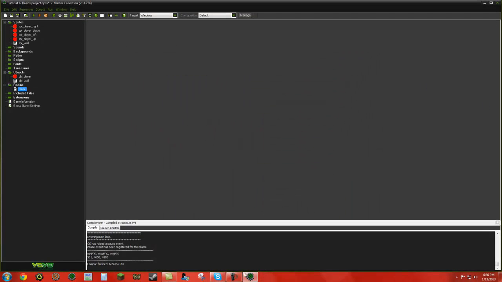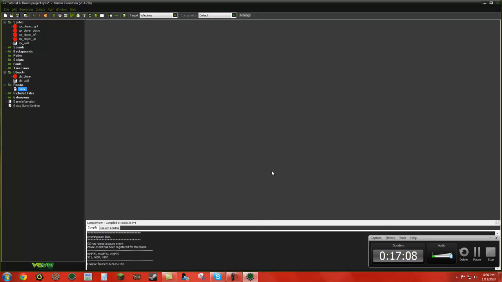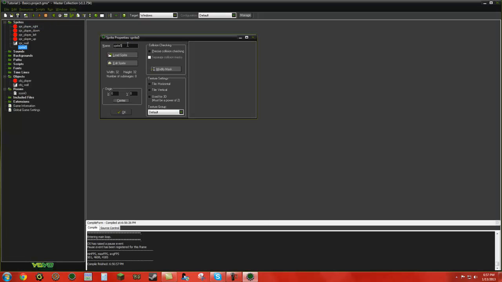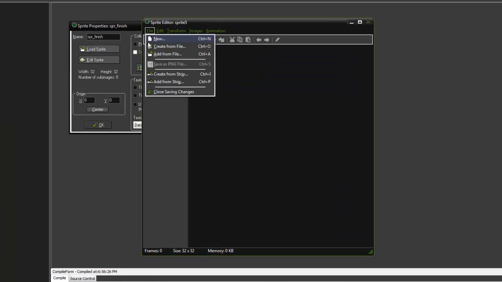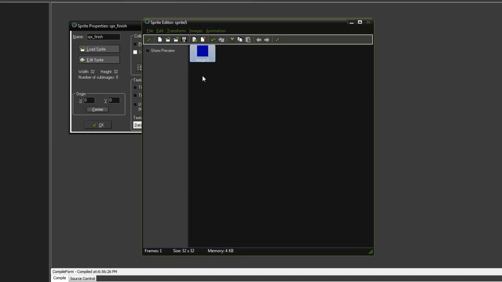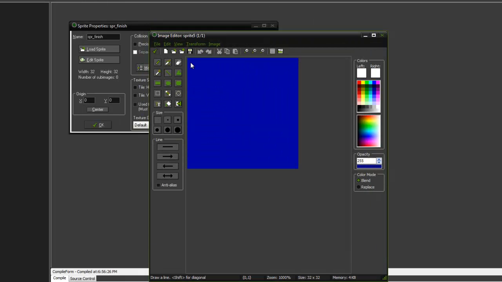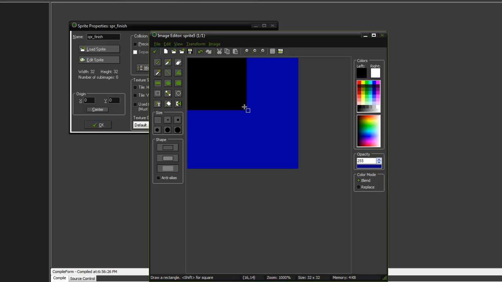One more sprite and object. Let me check how long this has been. 17 minutes. Not bad. So we're going to add one more sprite and object. So this sprite is going to be SPR finish. So it's a finish line. So we're going to do the standard race car finish line. And what we're going to do is we're going to make a simple black square that takes up about that